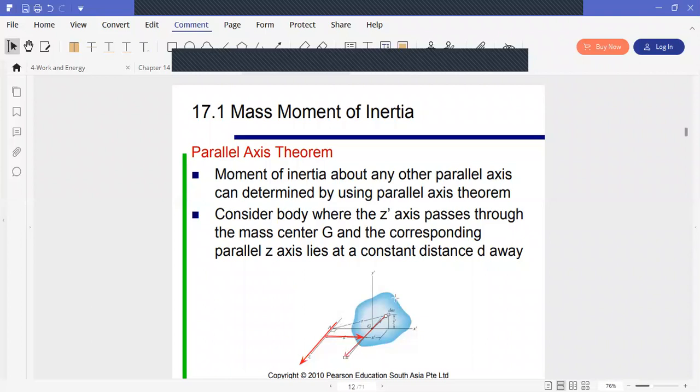The inertia of a body about an axis is integral r squared dm. And here, what is r? If you take the distance from this axis to the elementary mass, this distance can be divided into two parts. I can say that this distance is radical of y prime square, plus this distance square, which is d plus x prime square. So if I replace in the equation,